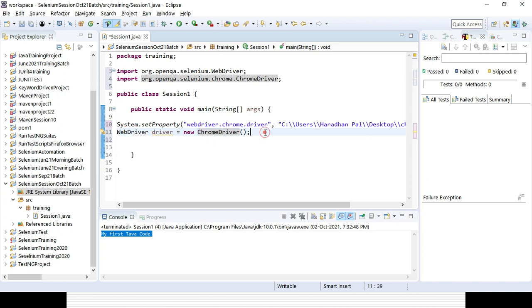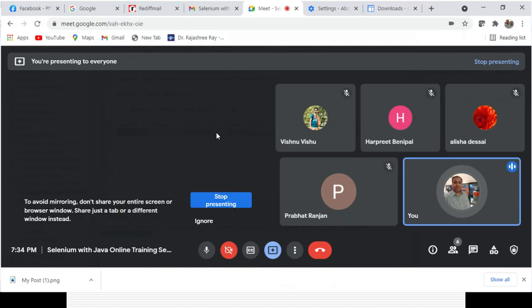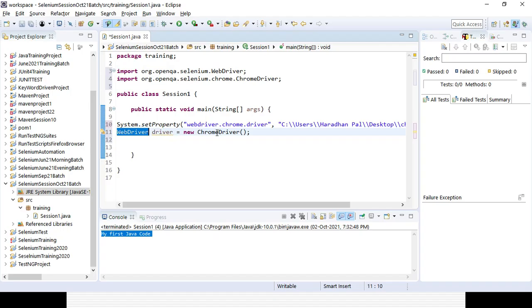So a lot of interviewers will ask a lot of questions, but here there is a lot of confusion. Please remember that we need to create an object or instance for the WebDriver interface with the help of the relevant ChromeDriver class or FirefoxDriver class or IEDriver class. For the interface, we cannot directly create an object or instance, but for the class we can create an object or instance directly. So that is the reason, in case we want to create an object of the WebDriver interface, we need to use the relevant class. Okay, so that's why I can create it.